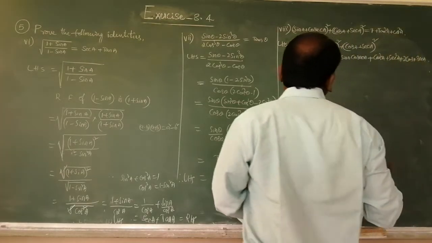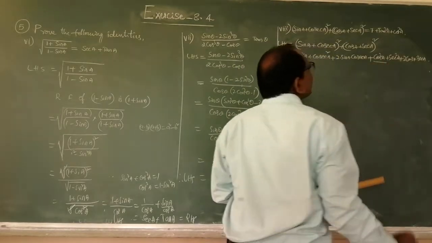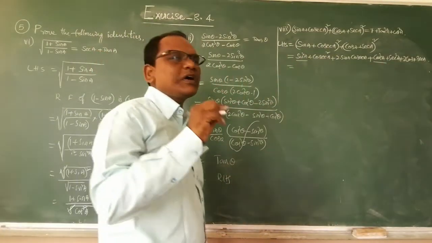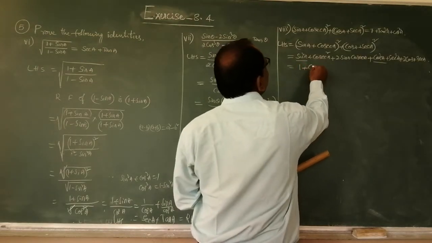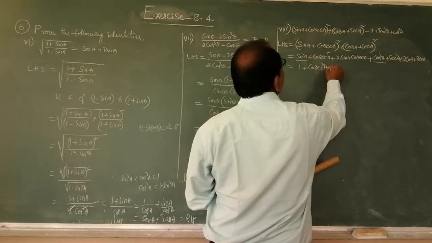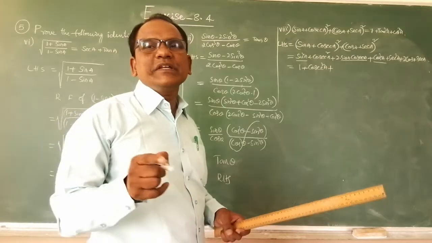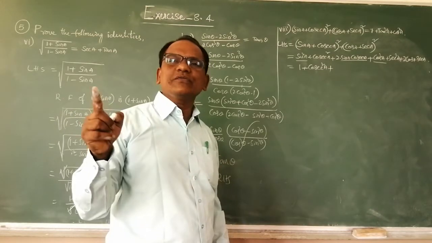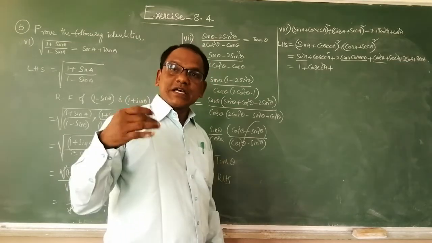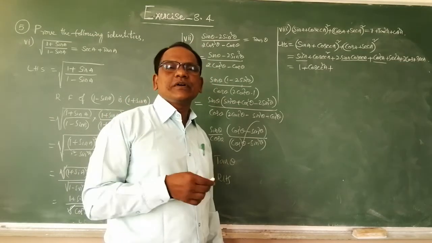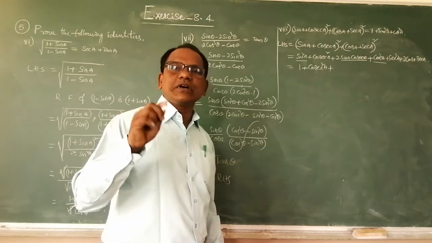Now just look here. Here sin square A plus cos square A. What does sin square A plus cos square A mean? 1. Therefore 1, the remaining is cosecant square A, plus sin A into cosecant A, 1. Why? Because cosecant A is the reciprocal of sin. That's why sin A into cosecant A equals 1. The second reciprocal trigonometric ratio: cos into secant, 1. Tan into cot, 1. Three are there.